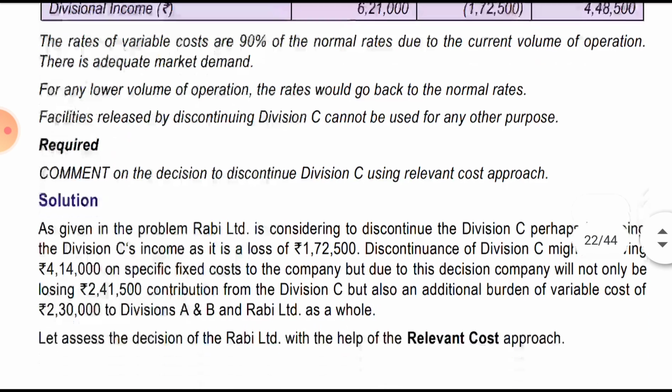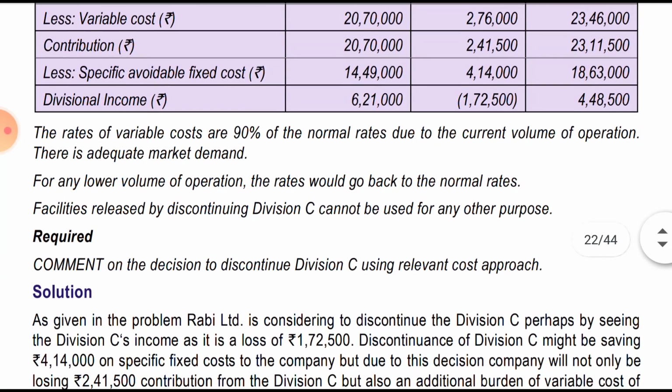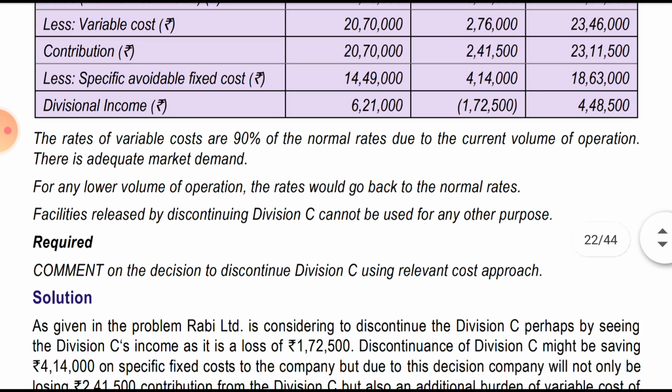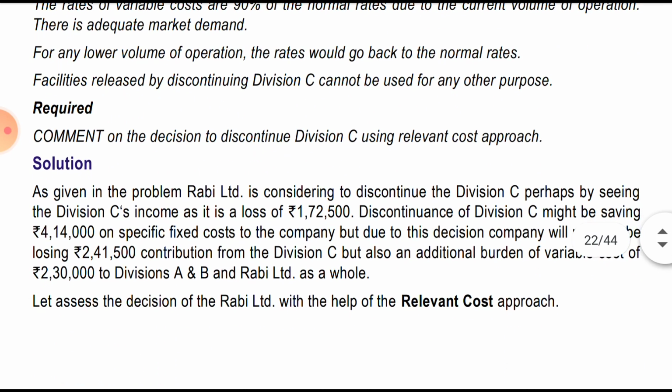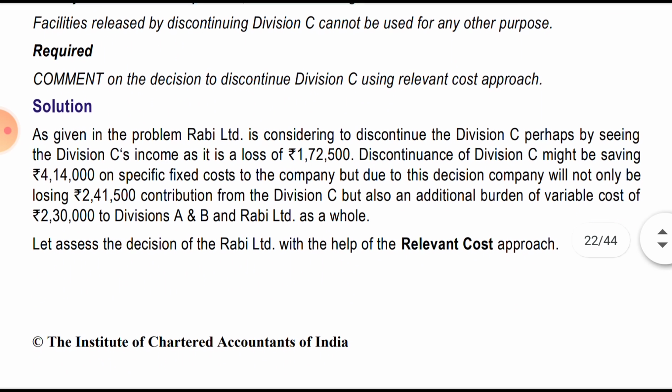Okay, required. So we'll quickly go through the solution as given in the problem. Rabi Limited is considering discontinuing division C, perhaps by seeing the division C income as a loss of 172. It is a loss of 172 in division C. So they are thinking the discontinuance of division C might save 4,14,000 on the specific fixed